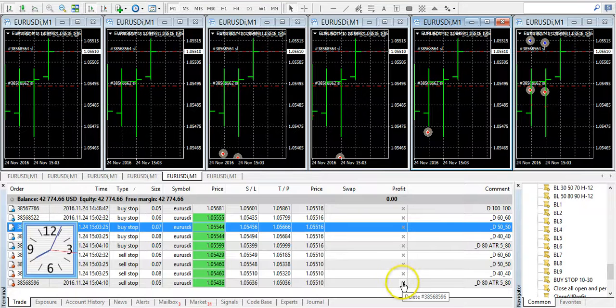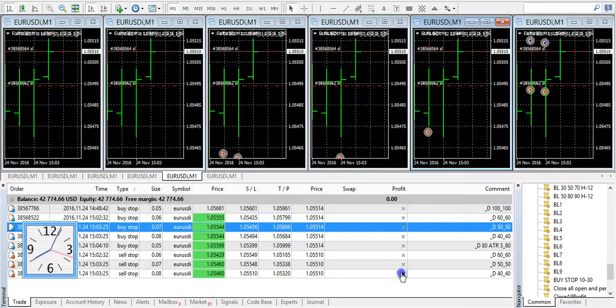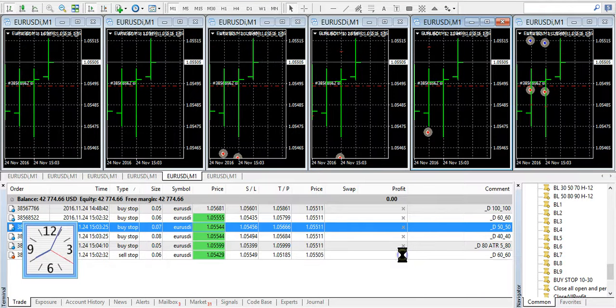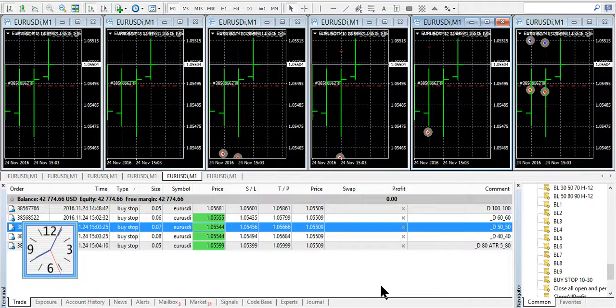So maybe I'm going to come behind here and cancel out all the sell stops. It's just putting in orders that I would just normally put in if I thought, and then let it go up, and then it's going to put in reversal, say, and it's going to go the other way. So it's just like that. There's really no